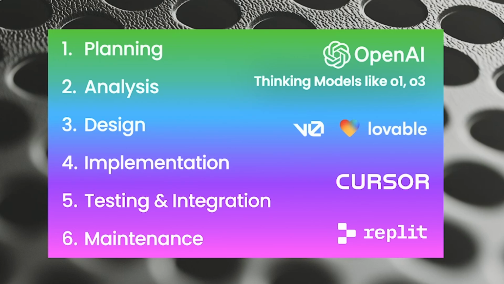But to get an idea of what you want to build, what feature would make sense, what kind of objects you want to make, what kind of component would make sense to be integrated, what kind of software stack you want to use, you want to use a thinking model, a model that gives itself more time to analyze the problem. And OpenAI has thinking models like O1 and O3, relatively new. From that process, you can have essentially a product requirements document, a long text document in Markdown or text format,